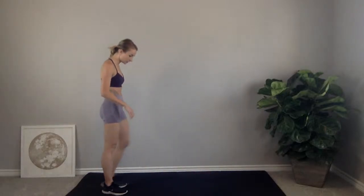So this is really working these legs, the inner thighs. 1, 2, 3, 4, 5. Come on, you got one more in you. Let's do this. 1, 2, 3, 4, 5. Awesome. Take a quick 20-second break, and I'll show you what we're going to do next, which is we're going